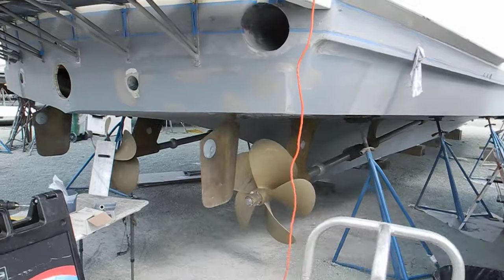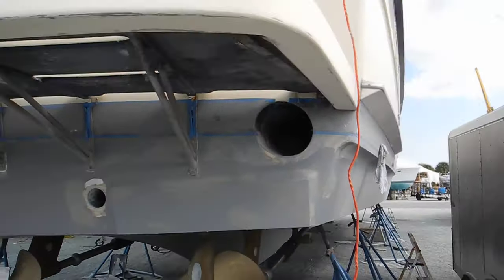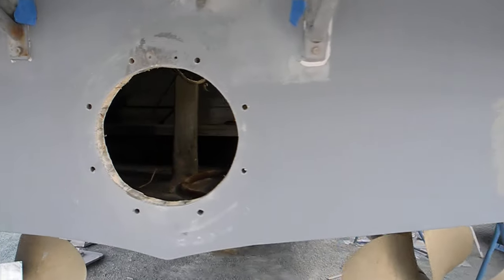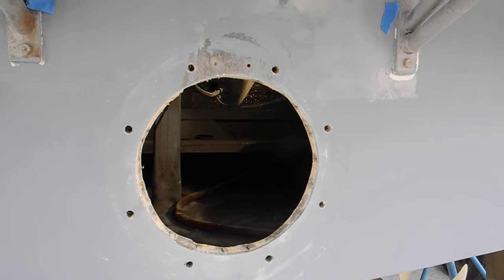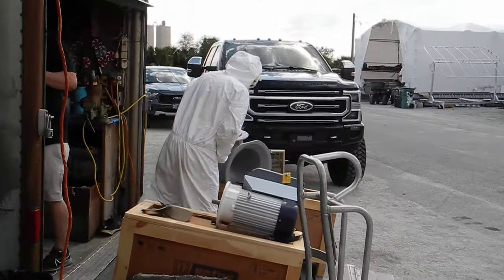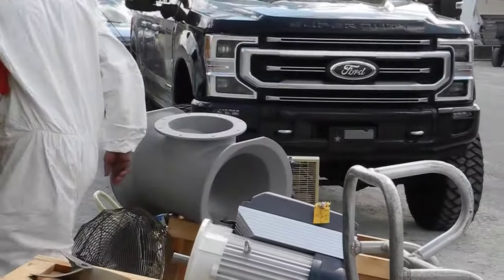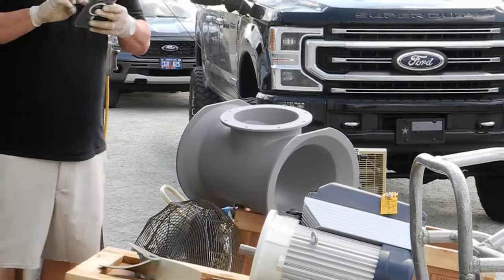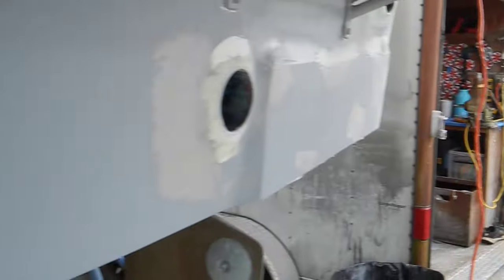I'm looking over here at the back of the boat. Well, that's an exhaust pipe. Another exhaust pipe. And then this is where the flange with the motor on the inside, and then that big gray thing by the man over there in the white dust suit. That big gray thing is the propeller housing that will actually bolt up to this on the back of the